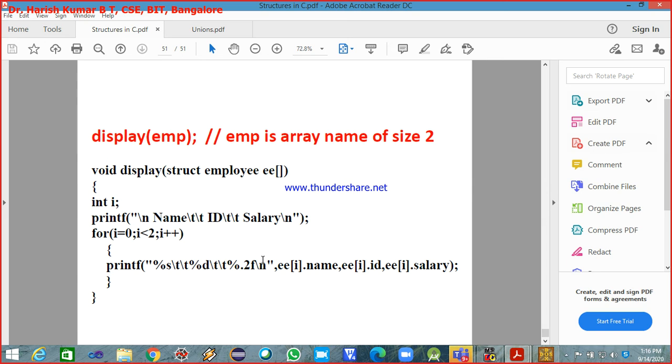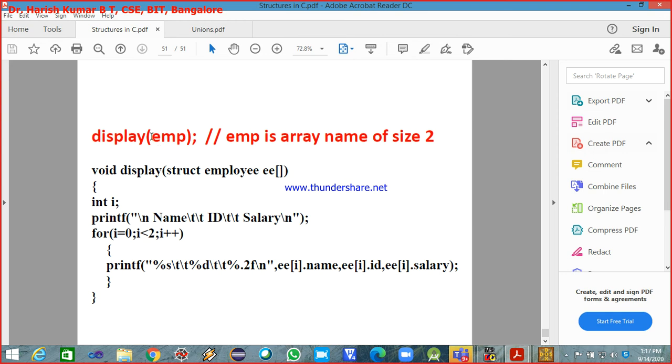I can run a for loop and access EE[i].name. To access the first employee's name, in the first iteration the value of i will be 0. It will get you the name, ID, and salary of the first employee. In the second iteration of the for loop, i will become 1, and you will be allowed to access the name, ID, and salary of the second employee.